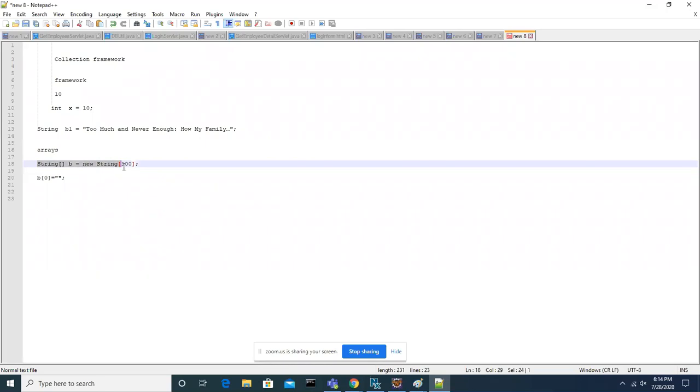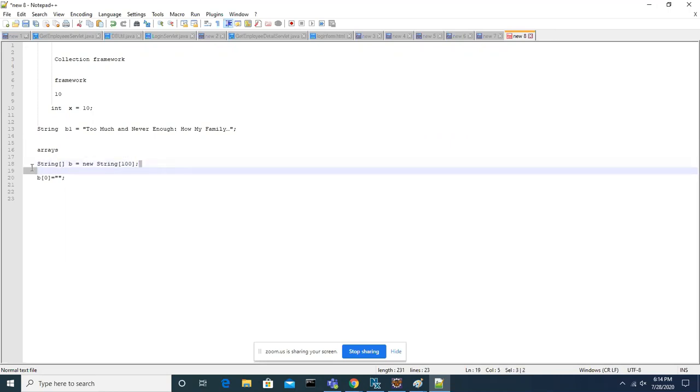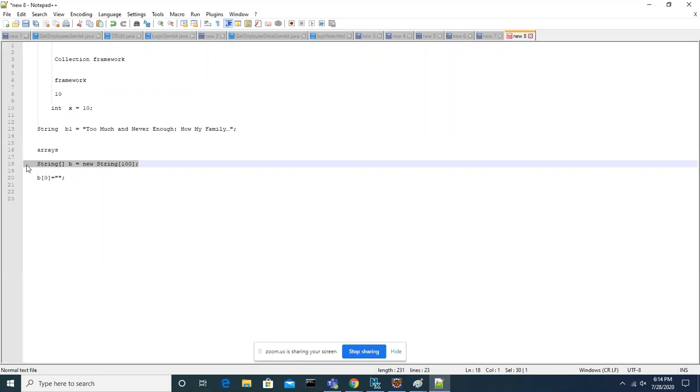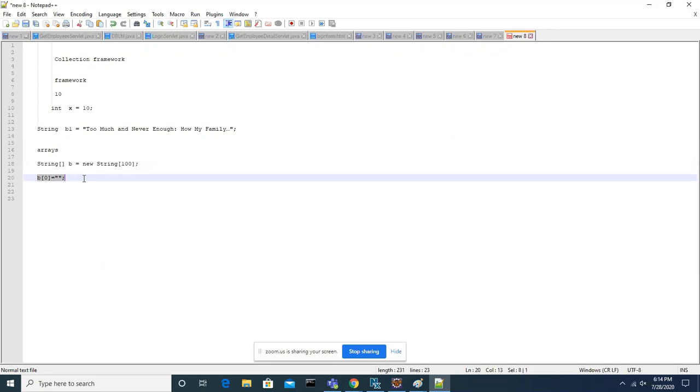Because the moment this line is executed by the JVM, the JVM will allocate memory for 100 in the RAM, whether you use it or not. So what is the problem? Memory wastage will happen if you don't use it. Dynamically, if you get less than 100 data, what is the problem? Memory wastage. Because if you store only 50, the memory is already wasted, since you occupied the memory but are not using it.